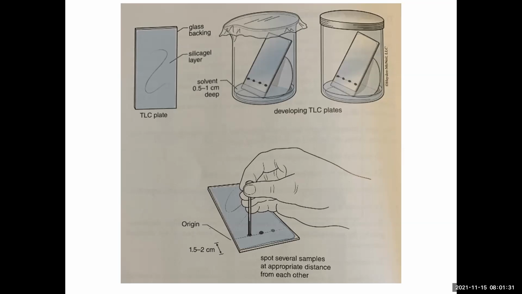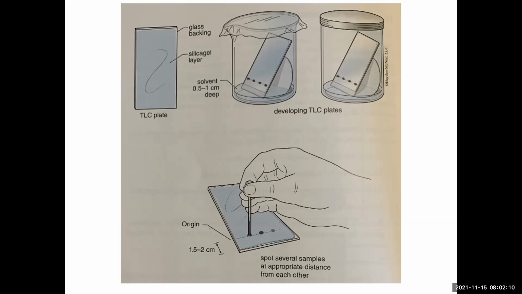Because sometimes the mixture that you place onto the plate, the dissolved mixture, is too dilute. Very little compound gets onto the plate, and it's mostly solvent that you're placing onto the plate. If that's the case and you can't even see the spot before you develop the plate, you're never going to see the spot after you develop the plate. So you're going to waste your time developing a plate that doesn't have enough compound on it to even be able to visualize spots at the end of the process. You always want to double check, okay, do I see a spot at the bottom of the plate everywhere there's supposed to be one before I develop the plate?